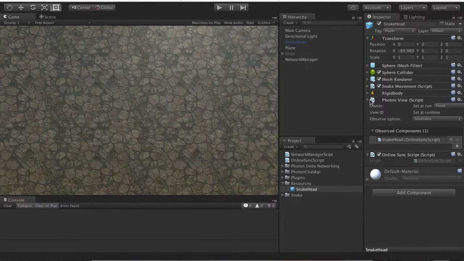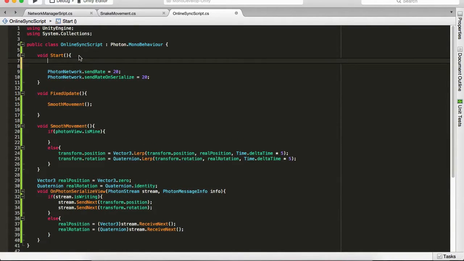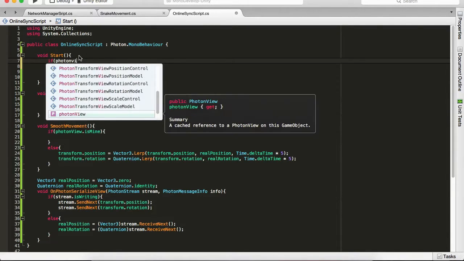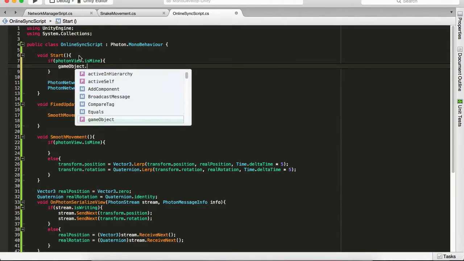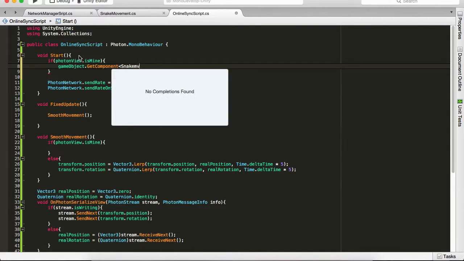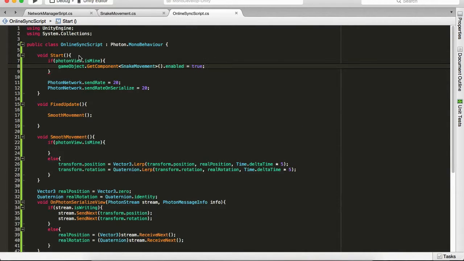Okay, so first I'm going to start off by disabling the snake movement in the prefab and opening up the online sync script. So on the void start I would like to say if photon view that is mine, I want to enable the game object's get component snake movement, enabled equals true. So the other player can't access the other player's